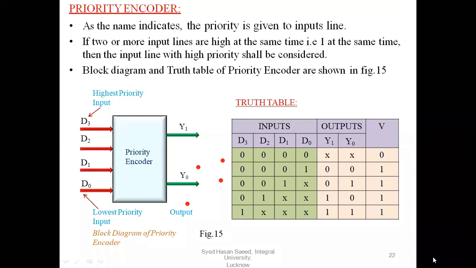So here 16 combinations will be required. Why? Because this is a 4-bit priority encoder, that is, you pass 4 inputs and it will produce the 2 outputs. So in next